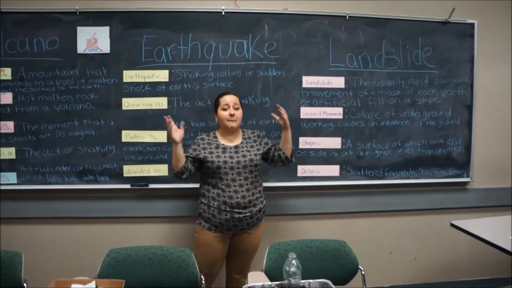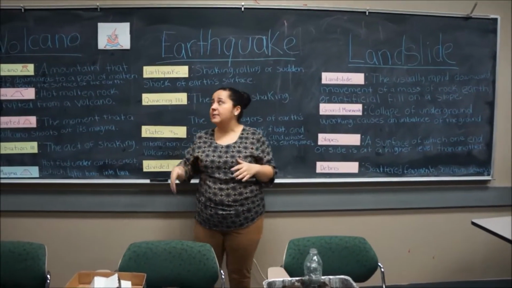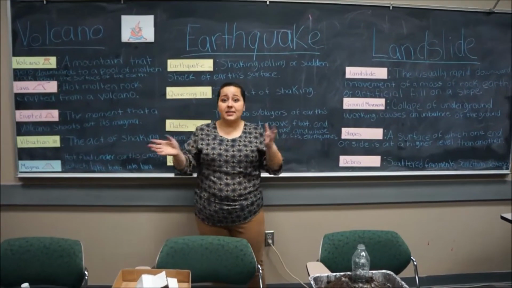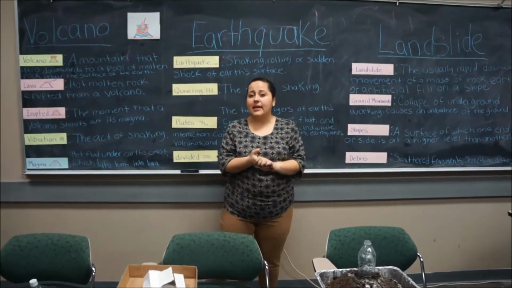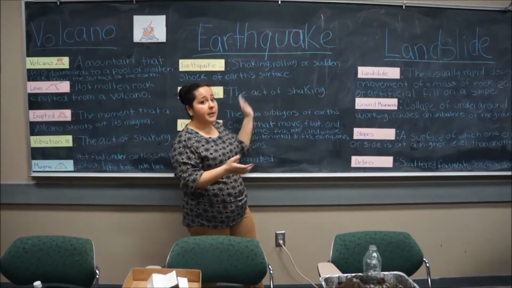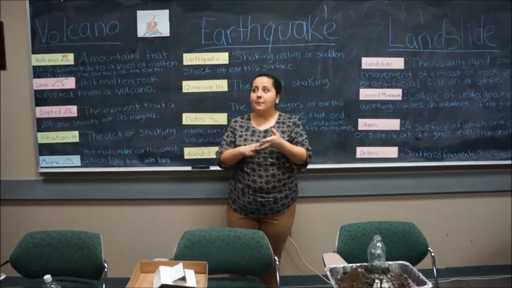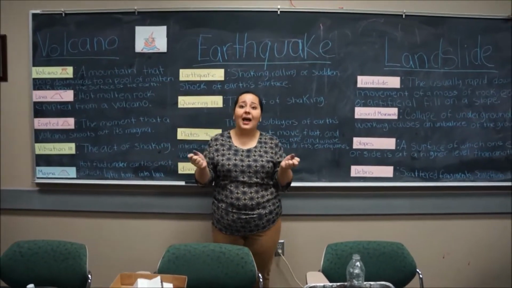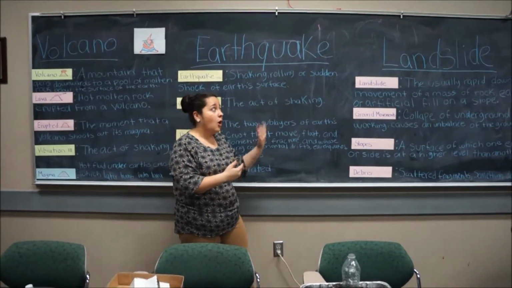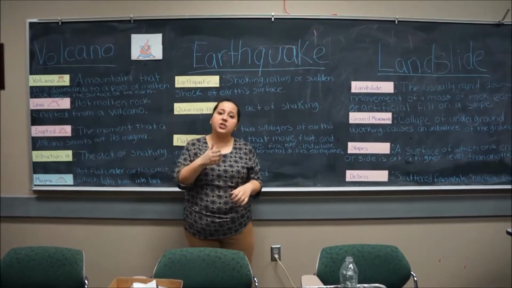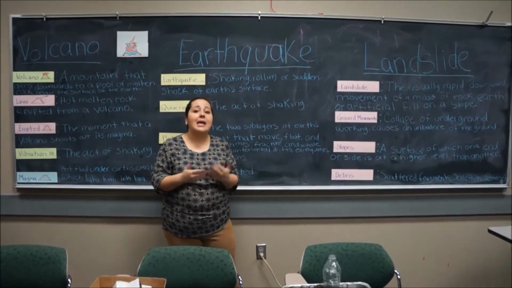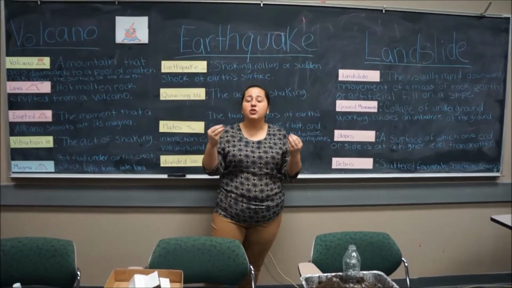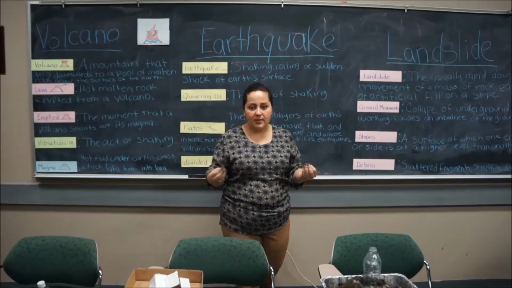Now, as we did notice, these big drastic changes that occur on Earth are caused because of these three. We do have volcanoes, we have earthquakes, and we have landslides, which cause this big drastic change. And they all kind of correlate together because, as we can see, we have landslides because of earthquakes, and because of earthquakes, it could be possible that the volcanoes maybe shifted things too much or quivered a little too much than they should have, and that made our earthquake, or it could have made a landslide. So they all follow each other's steps. Now, we don't want all these three to happen at the same time, right? But it could be possible. Those are the type of drastic changes that happen on Earth, that it is possible that this may happen.